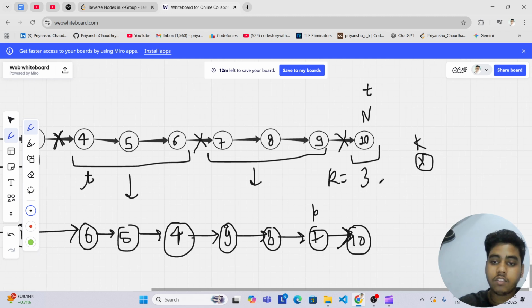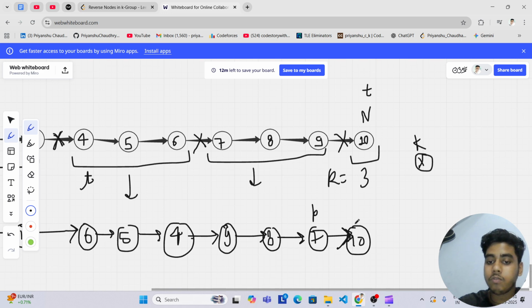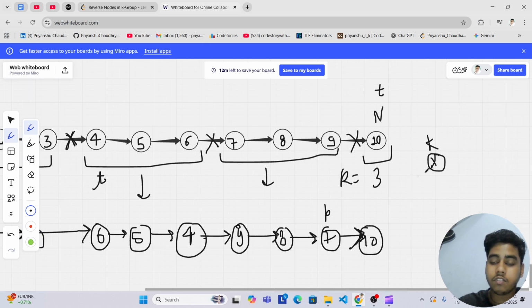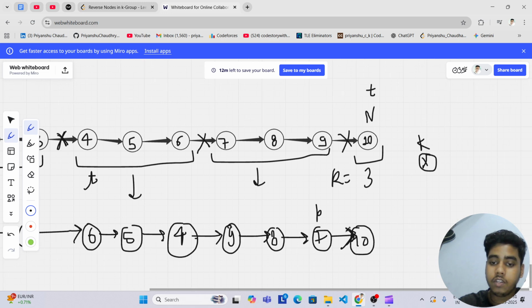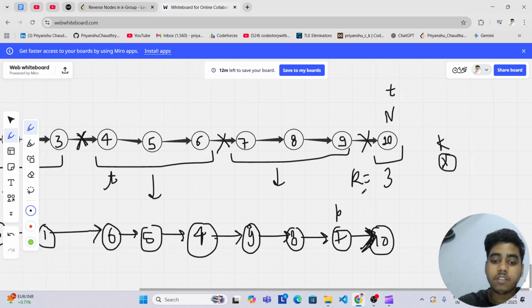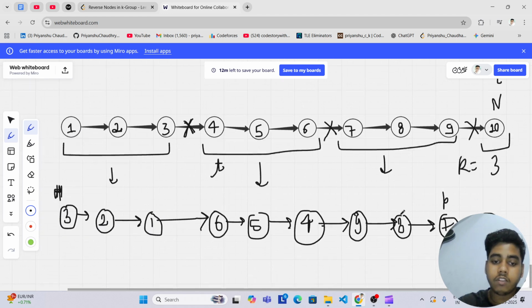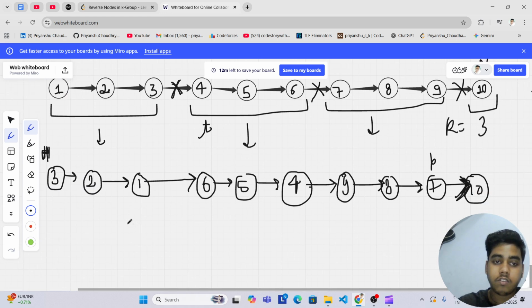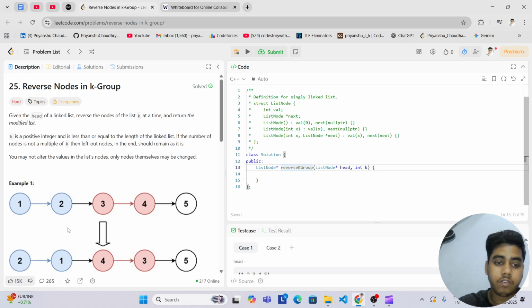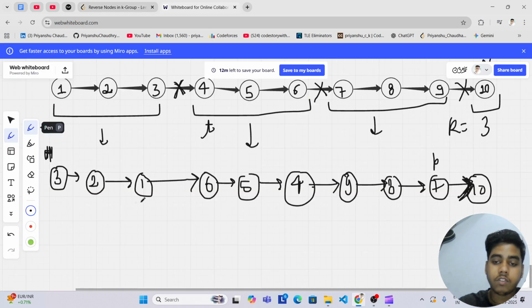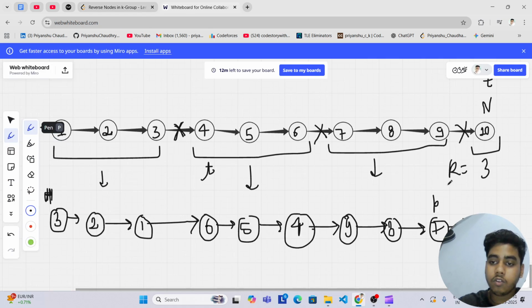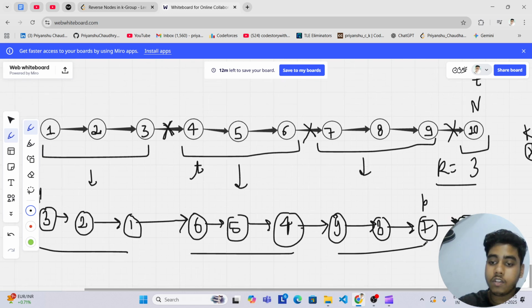But in this case we can see that the previous pointer was existing, and this will be pointing to my new temporary. All right, and we will just break from here, and we can see that our linked list is now prepared. All right, 3 2 1 6 5 4 3. So this was not the example, but we can see that in the group of 3 we have successfully reversed